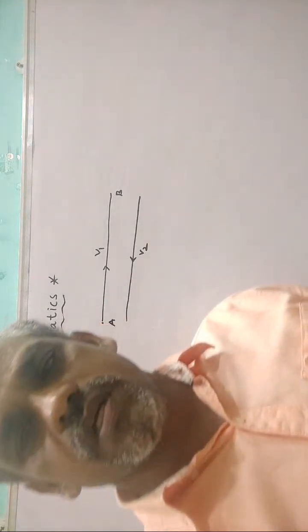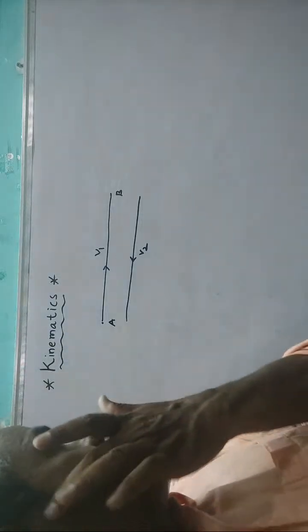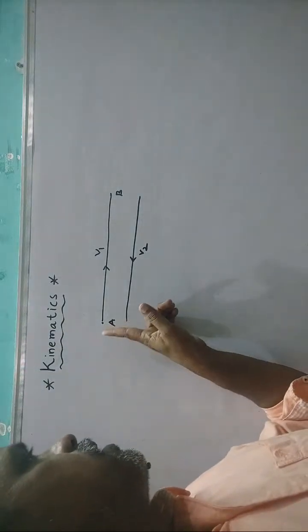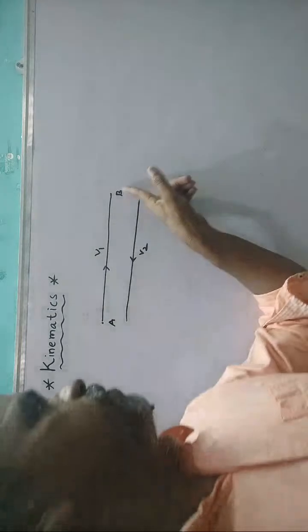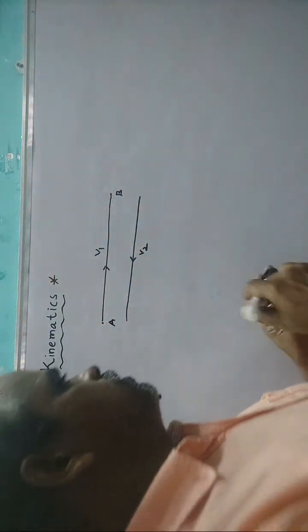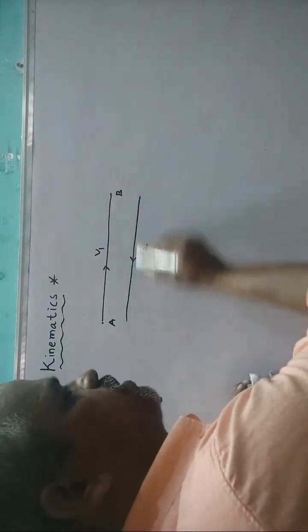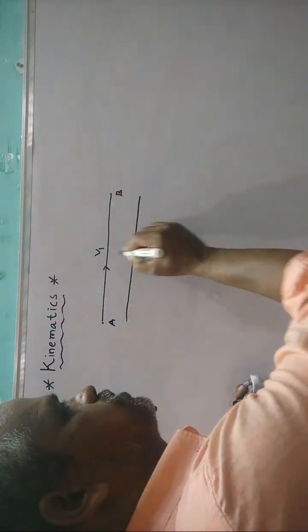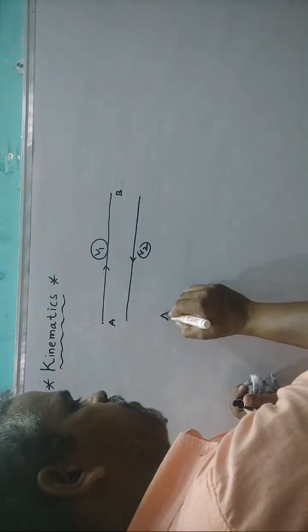So what is the situation here? This is one of the repeated, different situations. A particle or a body starts from A and reaches B with v1 velocity. Then from B, it comes back, returning with v2 velocity. Then for the average,